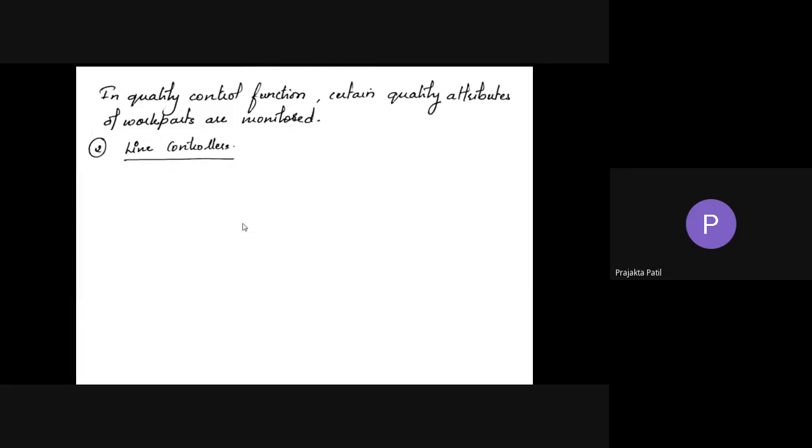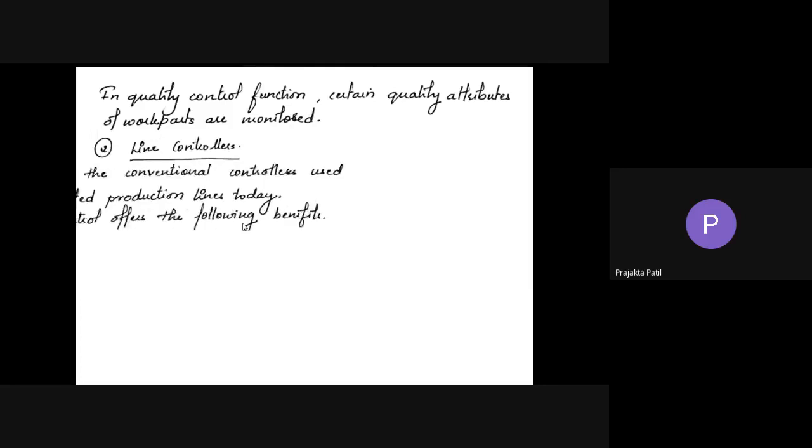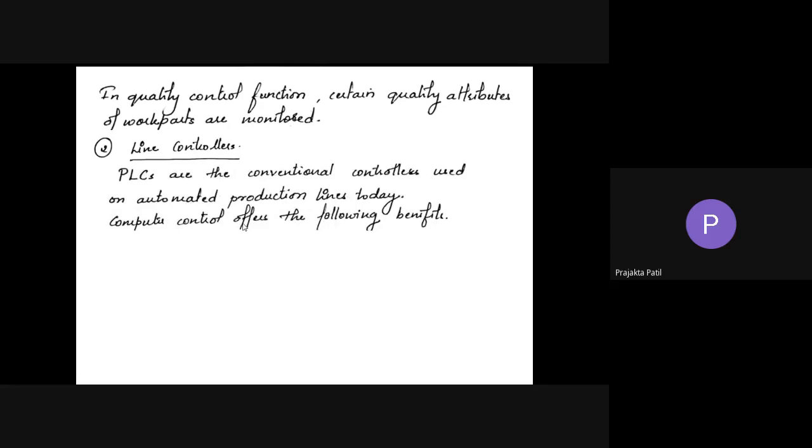Now moving on to the last part of it, that is line controllers. So PLCs are the conventional controllers which are used on automated production lines today. Computer control offers the following benefits. So what is PLC? I hope you all know it is a programmable logic controller. These are basically used in almost all the automated systems, very effective. There is a different section only that you can study about PLCs. What are PLCs? There are different ways in which PLCs can be programmed. Okay, there is this ladder logic diagram and all. So PLCs is completely a different chapter here, but here you can just understand that to control an automated system,